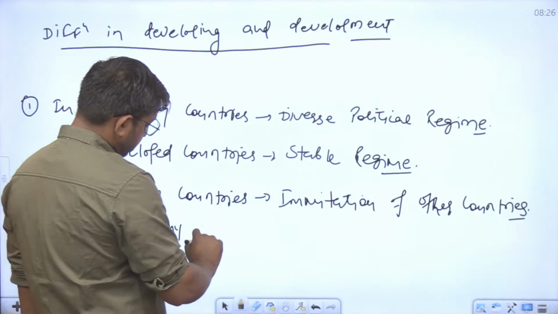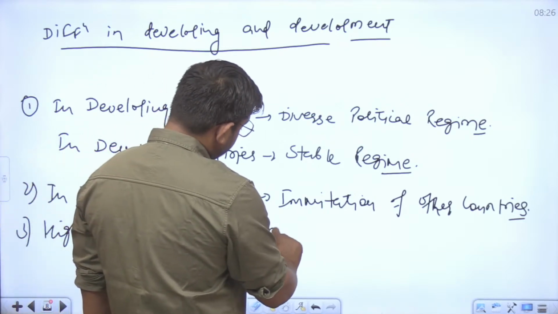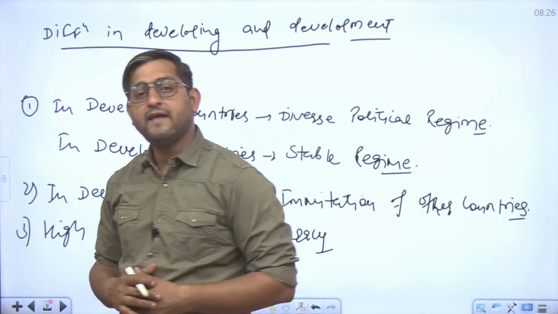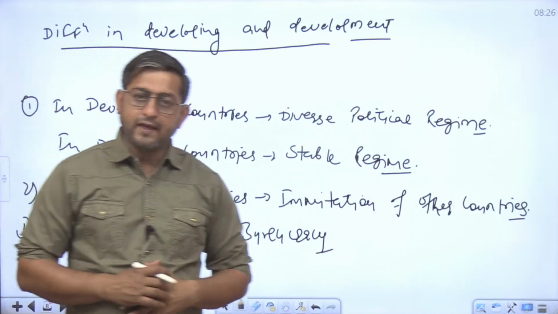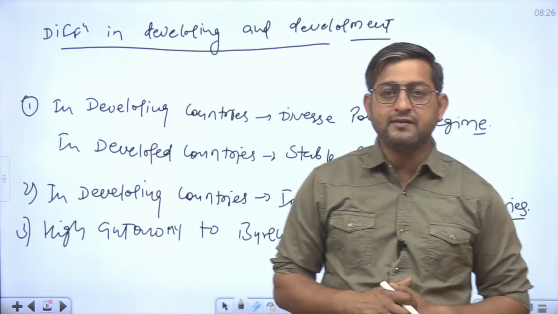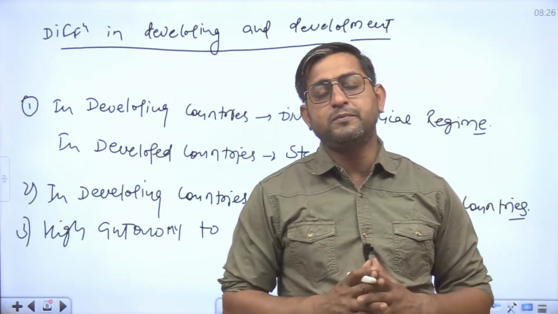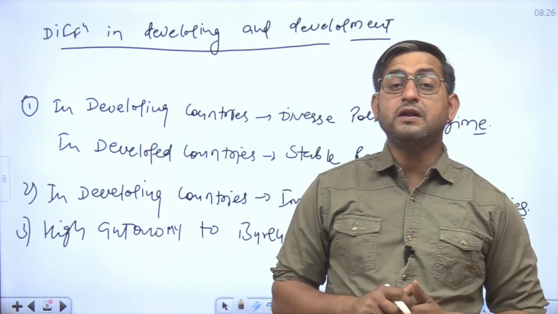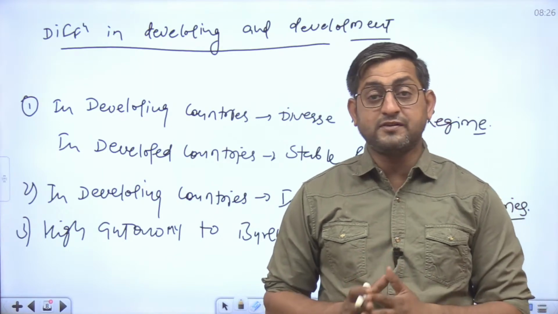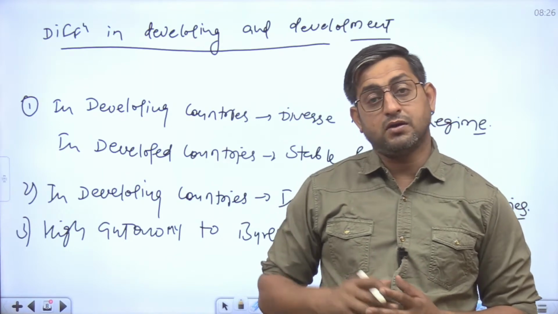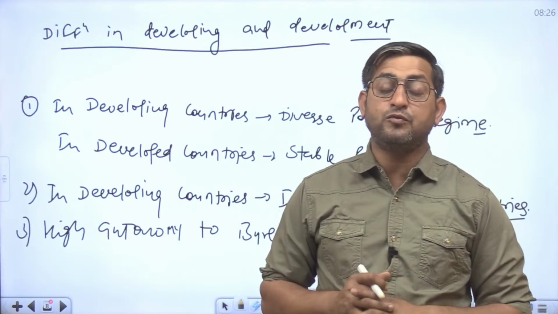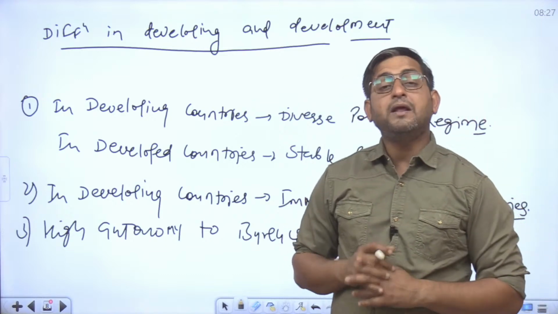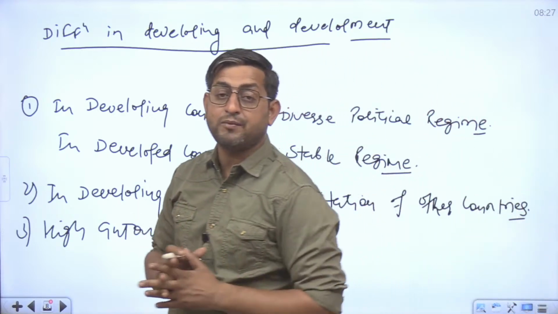हाई ऑटोनॉमी टू ब्यूरोक्रेसी। ये जो डेवलप्ड कंट्रीज होती है इनके अंदर, बिकॉज दे फॉलो द SOP, for everything they have the standard operating procedure। when they have the standard operating procedure for everything, so there is very less room for the bureaucrat to change the structures or to play with the structures। but in case of the developing countries, obviously the SOPs are not there। second, the bureaucracy is already overburdened, single person is handling the charge of the various department। third, the public of the developing countries is not that much developed, वो इतने ज्यादा डेवलप्ड नहीं होते